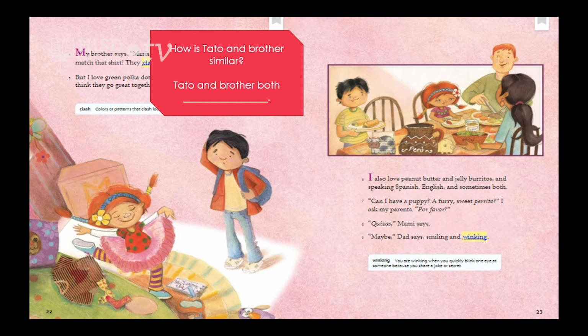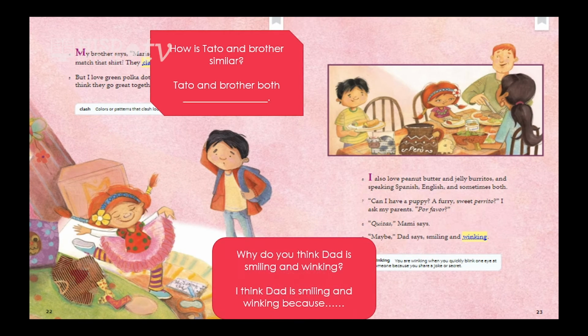How is Tato and brother similar? I want you to use the question stem to help you answer this. Tato and brother both. What do they both do? Why do you think Dad is smiling and winking? I think Dad is smiling and winking because